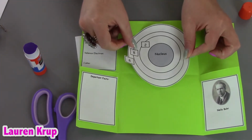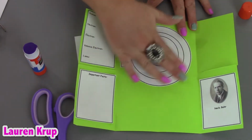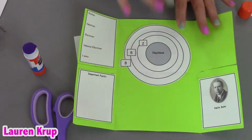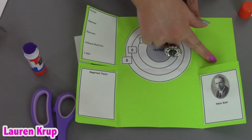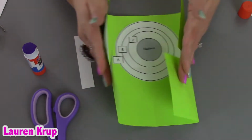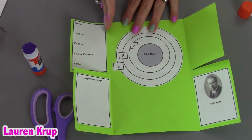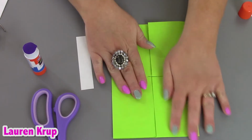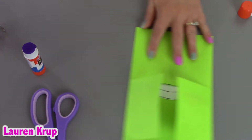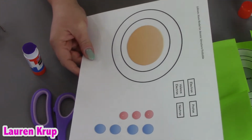So now that we've got that glued in here, we have this piece. And so now we have the rest of this that we can do as we please. If we want to write an 8-man here, timeline, whatever, it's up to you. So let's go ahead and fold this. We're going to close that. So we've got just that. We've got those pieces. We're going to go ahead and close this off. And the next thing, now obviously this is going to be a little more time consuming to cut out, but